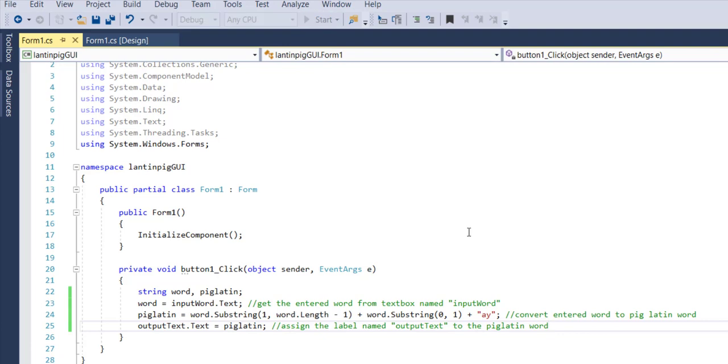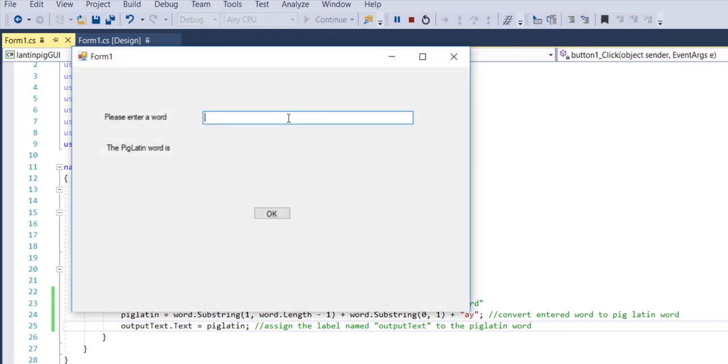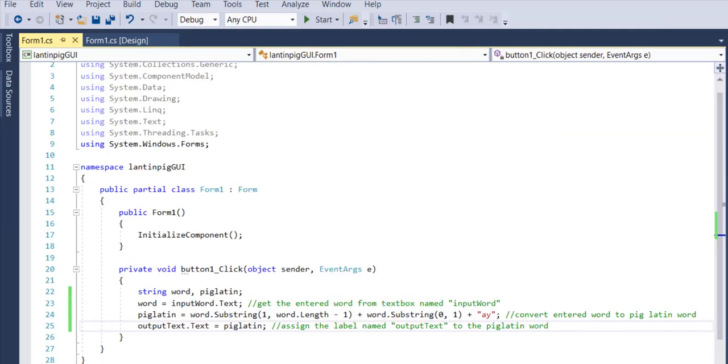Right, once you click the run button, you can enter the word into the text box right here, and the output is based on the input word to form the PigLatin word. So all the words we enter have been operating correctly. We can enter any word right here. The program is going to extract the letters from the second letter to the end, and also move the first letter to the back and add